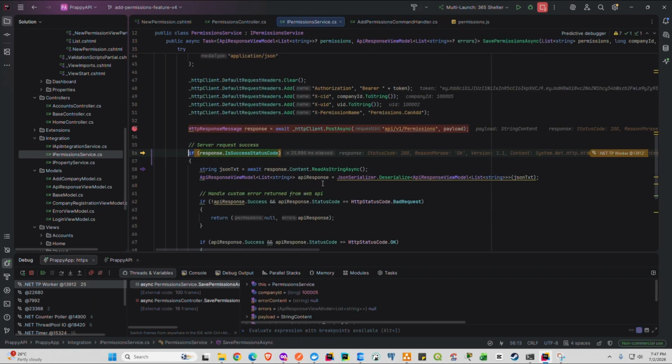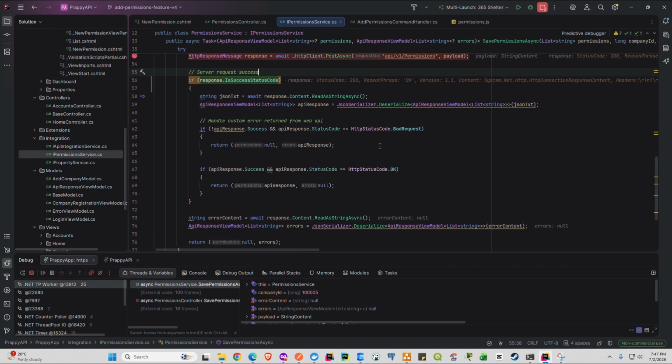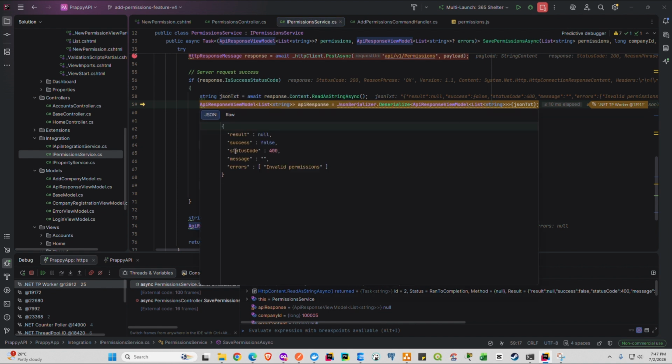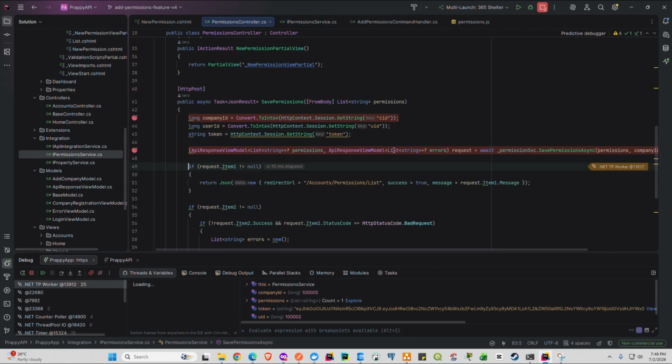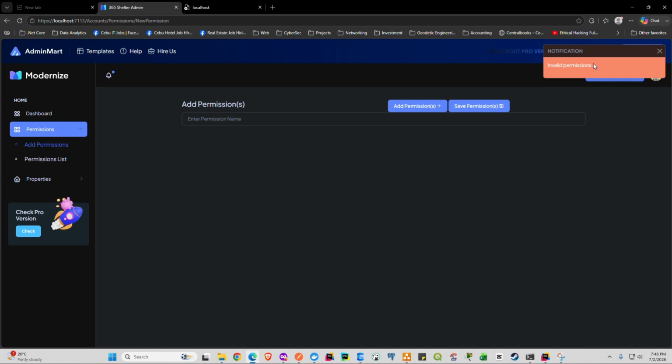So yeah. Then again, the success status code is 200, but since we returned a custom error, we will need to parse that like this one here. Status code of 400 and then the error of invalid permissions. So let's move forward. Yeah, like this one here, invalid permissions. So now to do,